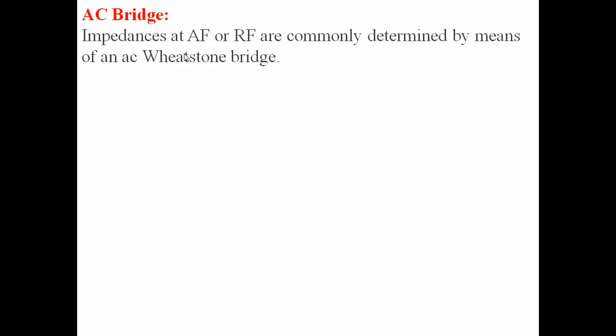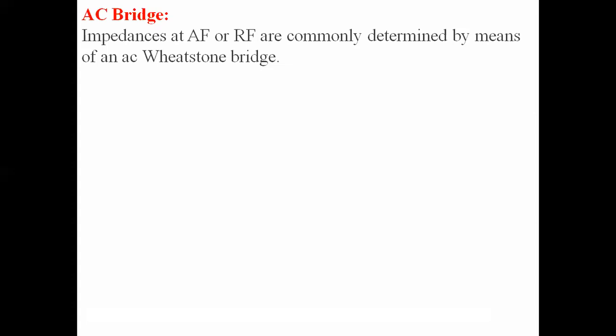In this AC bridge, we will measure the impedance. Impedance appears when an AC signal is applied at the input. When the input is an AC signal or alternating voltage, we will get the impedance, for the capacitor and inductor. This we obtain when audio frequency and radio frequency signals are applied at the input side. These are generally measured by using the Wheatstone bridge.